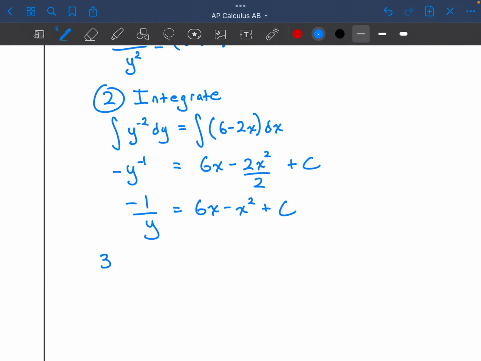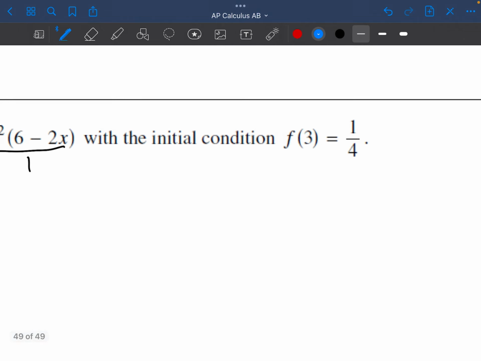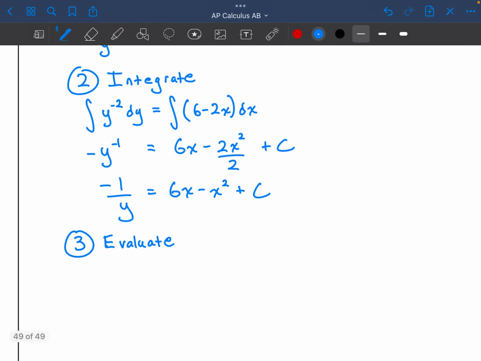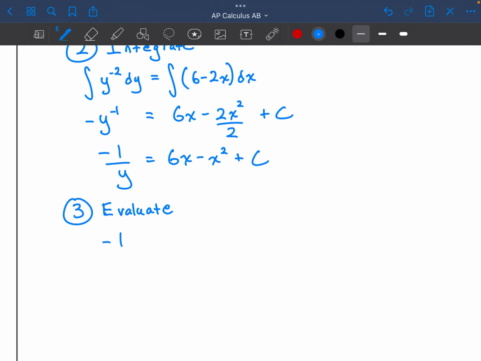We're moving on to step number 3, which is to evaluate. What are our initial conditions? Our initial conditions, there we have them. So the x is going to be 3 and the y is going to be 1/4. Can I remember that? 3 and 1/4. So I'm going to have a negative 1 over 1/4. That's the number that was just being plugged in, is equal to 6 times 3 minus 3 quantity squared